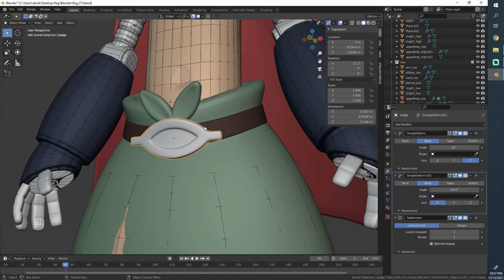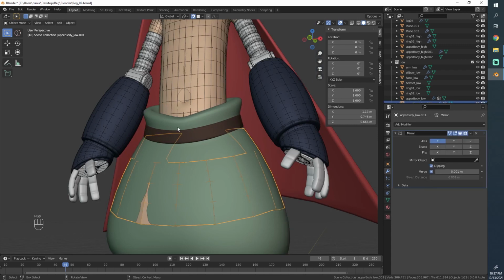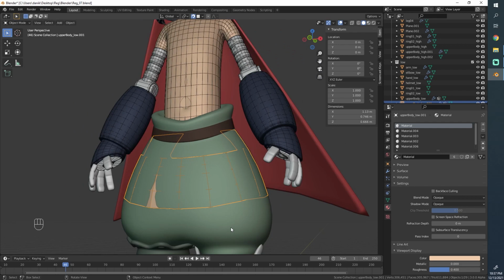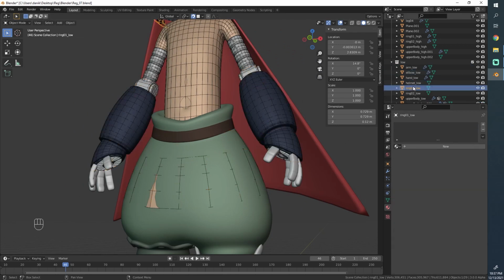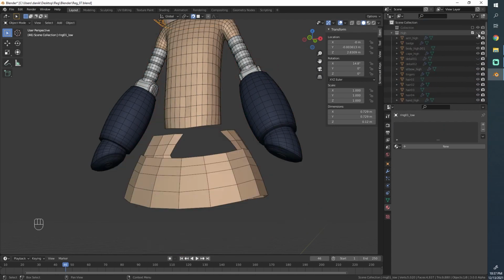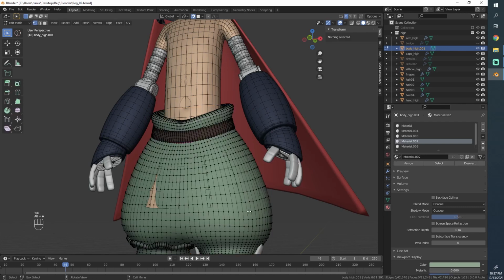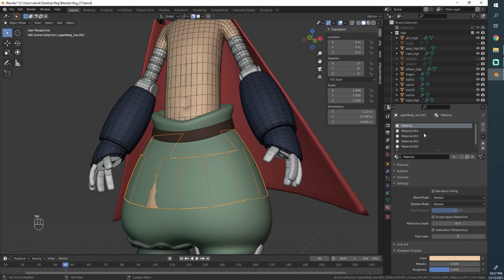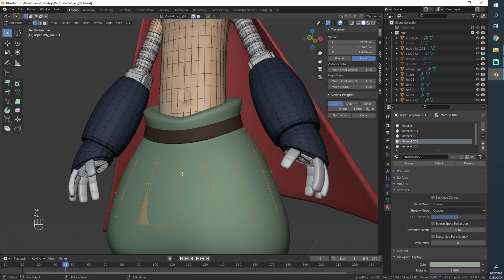So I'm going to switch to object mode quickly. I just want to hide some of the objects that I don't want to include for this part. And I might as well change my material. Do the low polys have color? Okay, I guess we can just assign the same color as this one. So it's material 002, so maybe we'll just assign all of this to that. That's messy, we'll clean it up later.